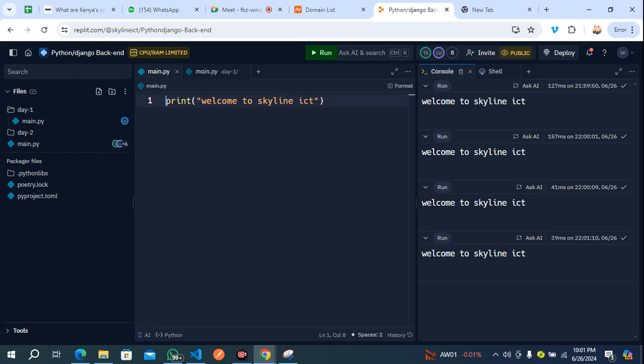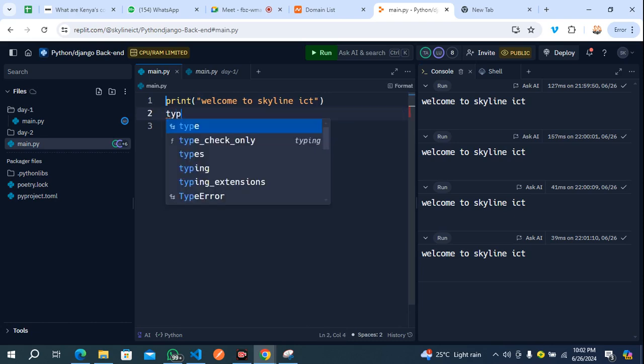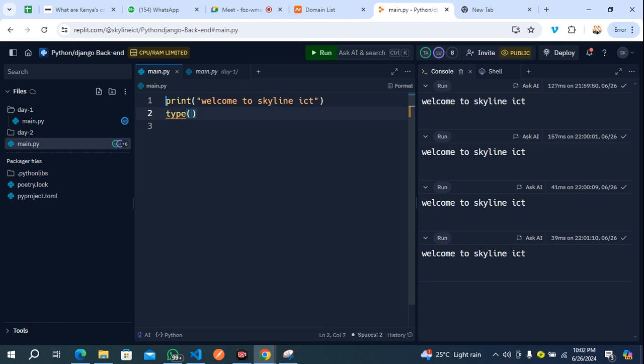Now, how do we identify types? If you want to know the type of each object that we are using, like this "welcome to", of course, everyone knows it's a string. How do you know it's a string? When you come here, Python has a function that can help you identify a type. And that function is called what? type. In JavaScript, it's called typeof, right? Now, I can't just write this type without adding something. So it is better that we add something in this parenthesis for it to work.